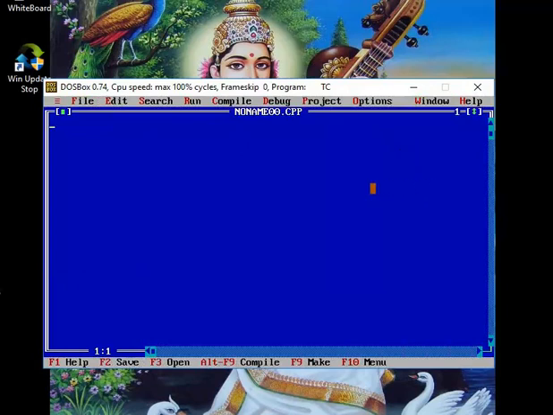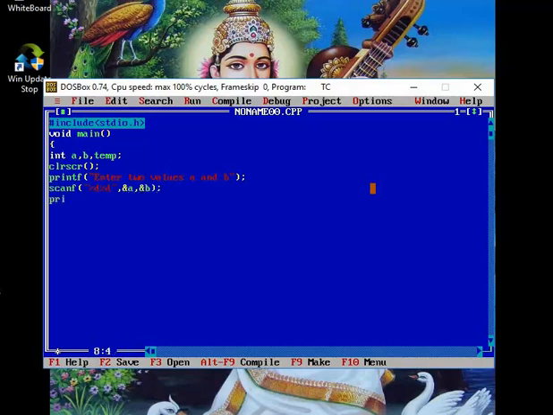Okay, #include stdio.h, afterwards void main, then int a, b and temp. Clear the screen, print an appropriate message, enter two values a and b. Afterwards scanf, because we want to read two values, address of a, address of b. Then print the message